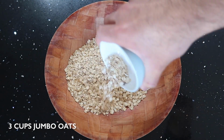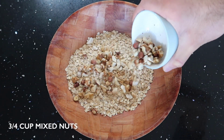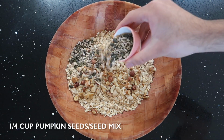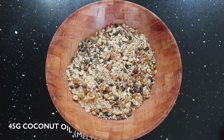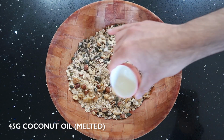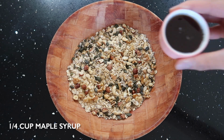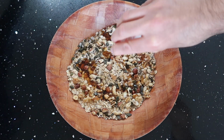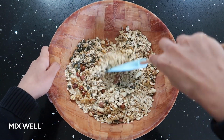So to a large bowl, we're going to add 3 cups of jumbo oats, and then to this 3/4 of a cup of mixed nuts. To this, add 1/4 cup of pumpkin seeds or seed mix and 45 grams of melted coconut oil. For a bit of sweetness, we're going to add 1/4 cup of maple syrup. Once that's been added in, give everything a good mix to make sure all of those ingredients are well coated